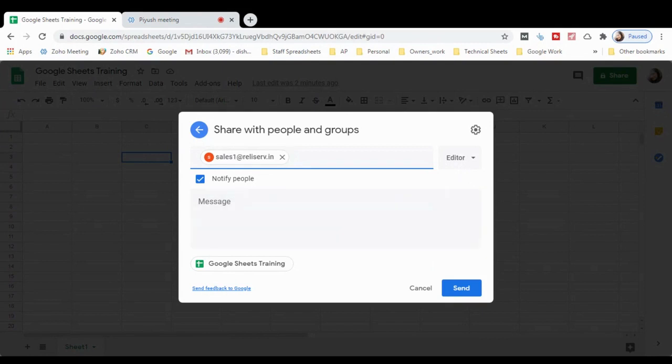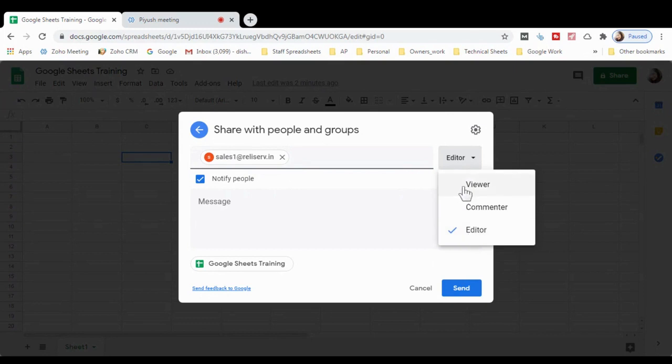Now, another advanced part of sharing is that you will find some options here: viewer, commenter, editor. If you want to share the sheet with someone who can edit things in the sheet, you have to tick mark the editor.